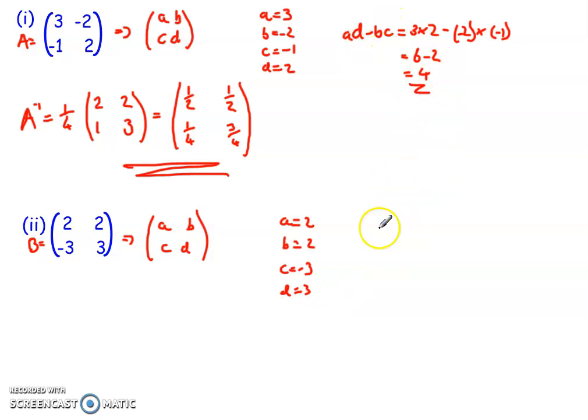Check the AD minus BC first. In doing that, I've got 2 times 3, take away 2, times -3. So I've got 6 minus -6, which is 6 plus 6. So that's equal to 12. So my determinant is non-zero, the matrix is non-singular and invertible,